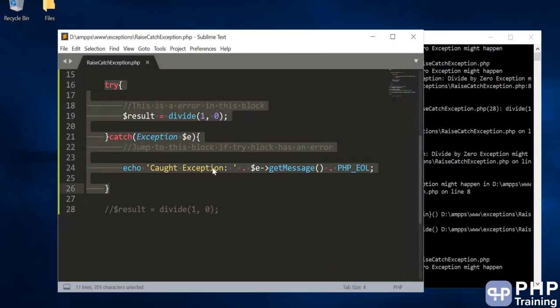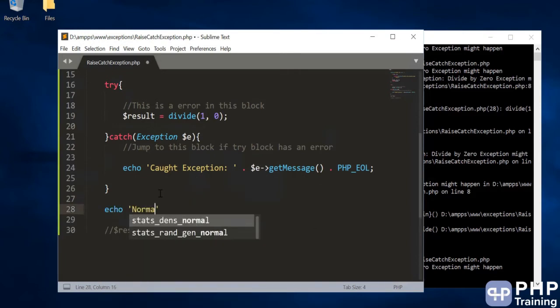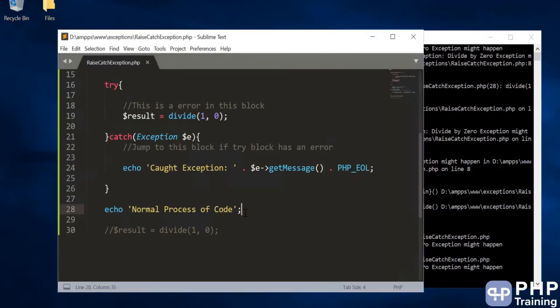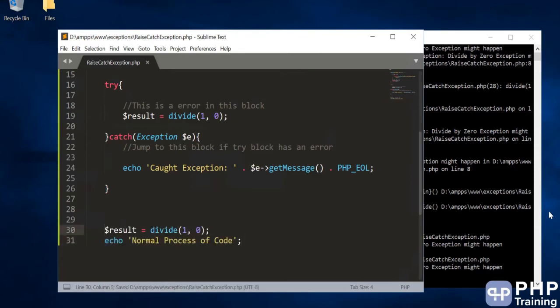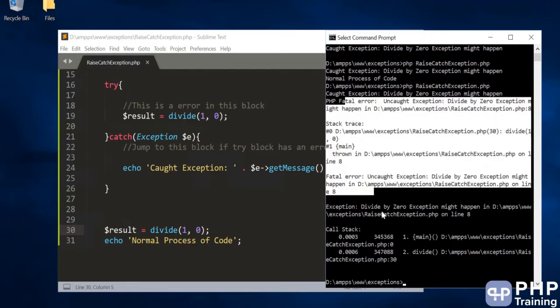Okay, in the try catch block you try to catch the error and do something about the error that you want to do. Because after the error you can try your normal process. Okay, and it's completely fine, it tries to execute the next line of code. But if you do this, okay, you're basically having an error here.